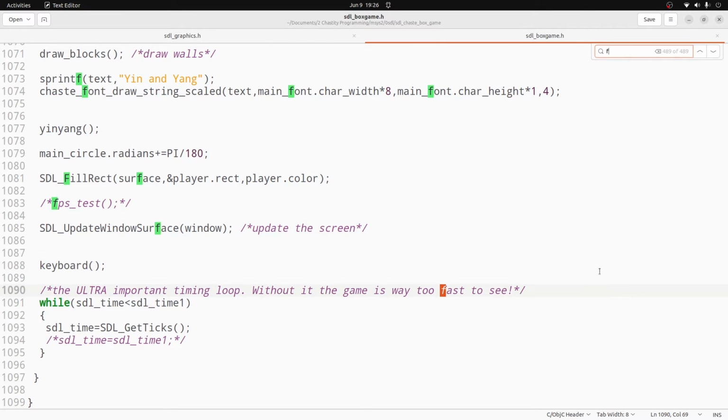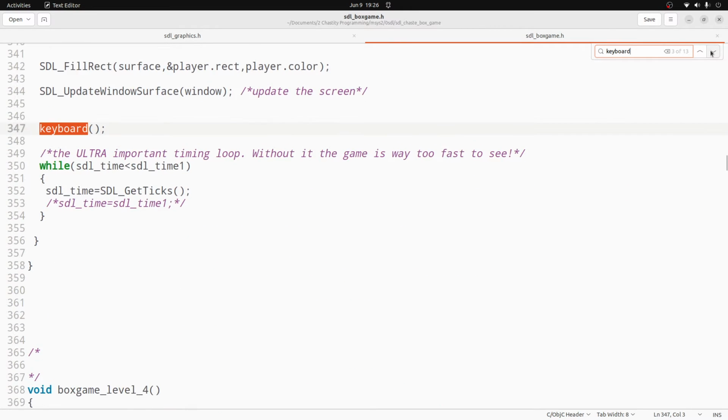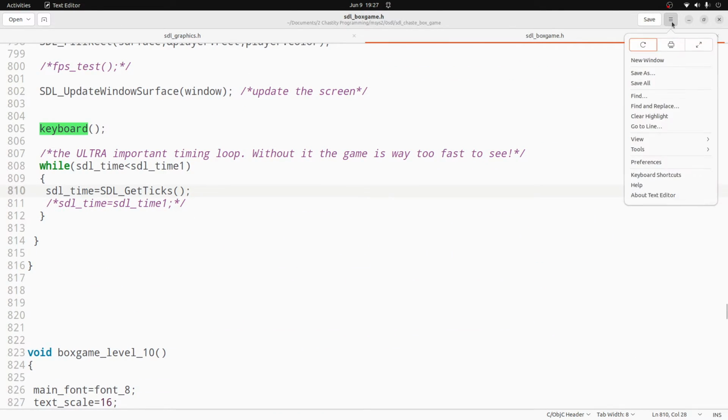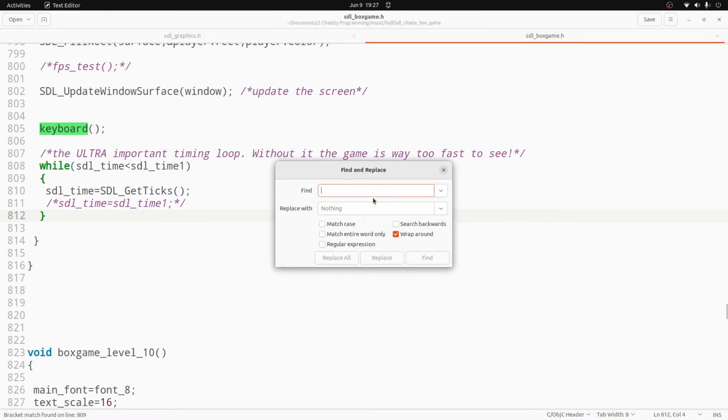Let's do a search for keyboard. There are 13 occurrences for the 13 different levels. So here's what we're gonna do. Actually, let's do Control H. We're gonna do a find and replace. Every time we have a function call that's exactly keyboard,